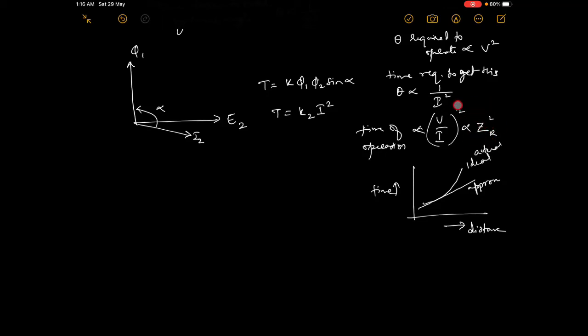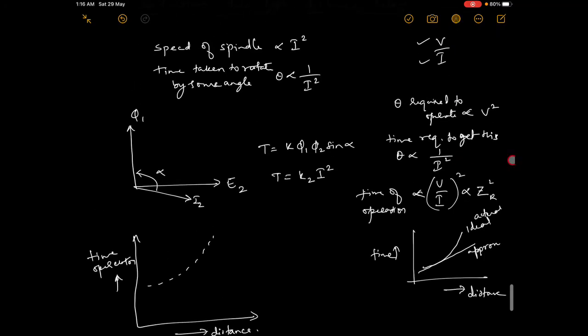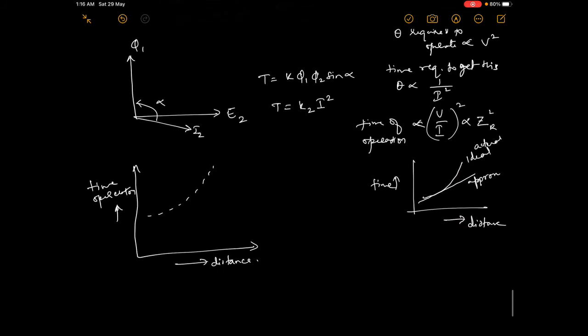There is a small continuation of this. Here, this is the distance, and the main purpose of me doing this revision is this: this is time of operation, and this is what we have as the characteristics right here. This is the ideal characteristics. But in reality we have approximate, because we won't get exactly what we want. We will have approximate or similar characteristics.